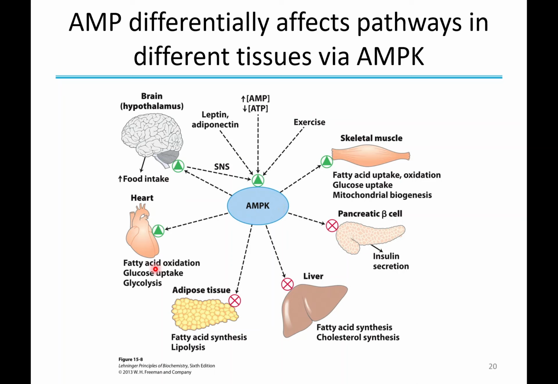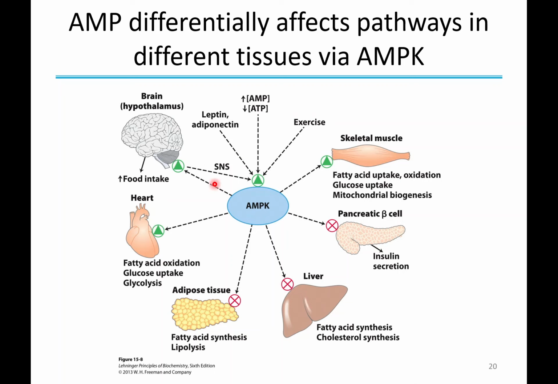In the heart, it turns on fatty acid oxidation, glucose uptake, and glycolysis. In fat tissues, it turns off fatty acid synthesis. In liver tissues, it'll turn off fatty acid synthesis and cholesterol synthesis,